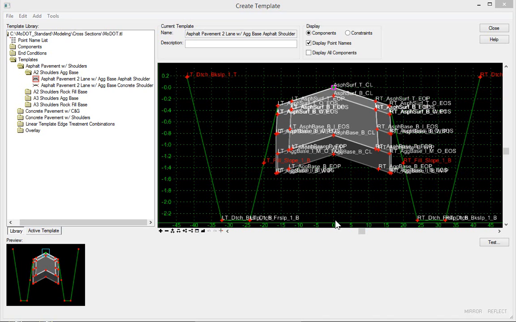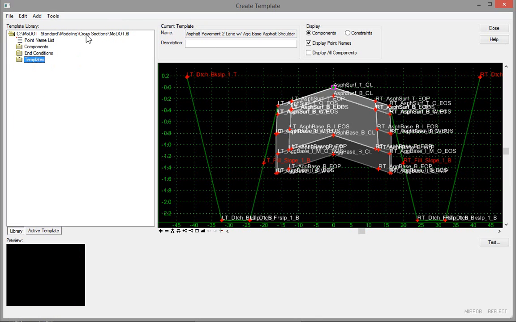In this demonstration, we're going to learn how to build a template based on components that already exist, pre-prepared for us, paying attention to our left and right prefixes, as well as redefining some parametric constraints. To get started, we're going to assume that you have made a copy of the master template library into your